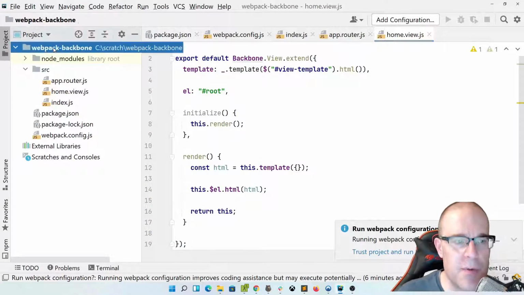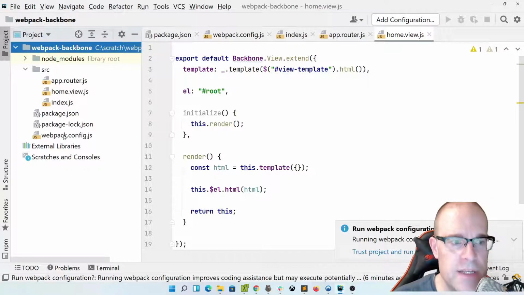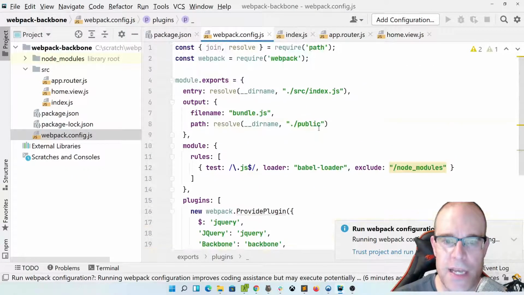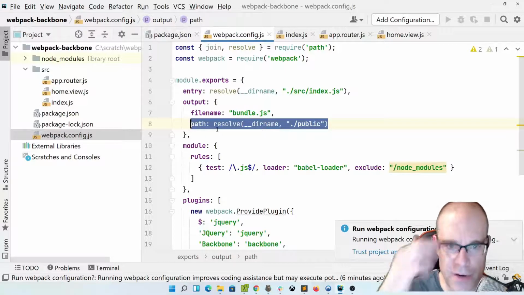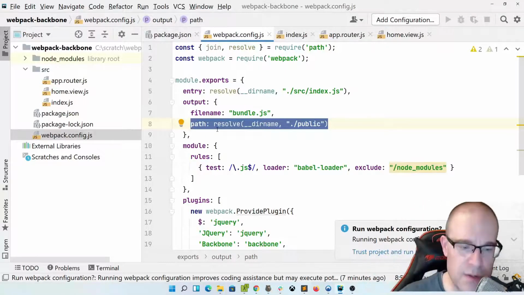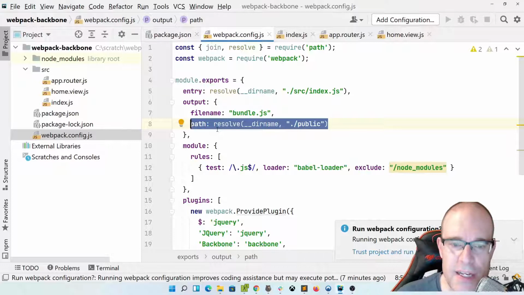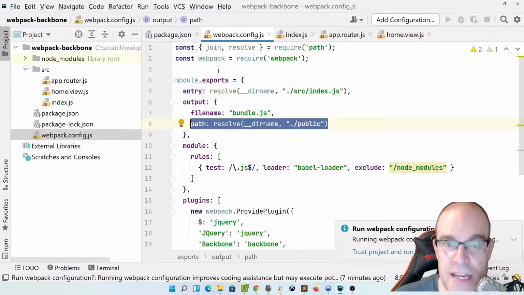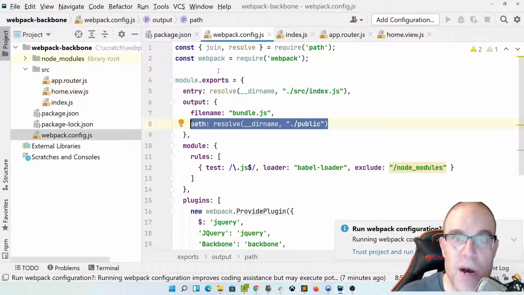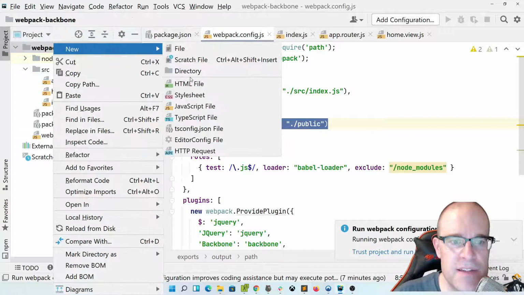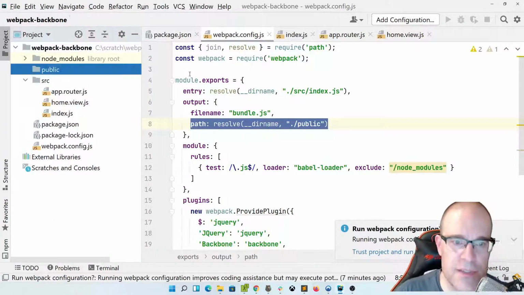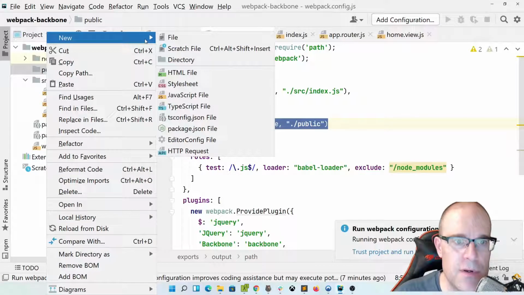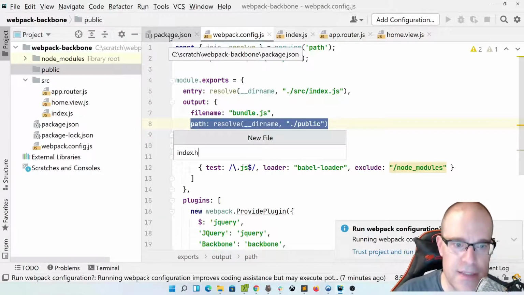Okay, so remember back in our Webpack config, well, I'll just bring it up. We were creating a public folder that we are going to put the production build of this little tiny application into. And it's also a static folder, a folder that we'll use for static assets. So if we want to have things like images or our robots.txt file, our sitemap, anything like that, that will be in the static folder. So for now, let's do public,